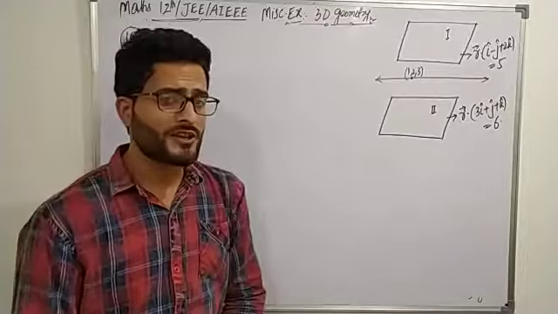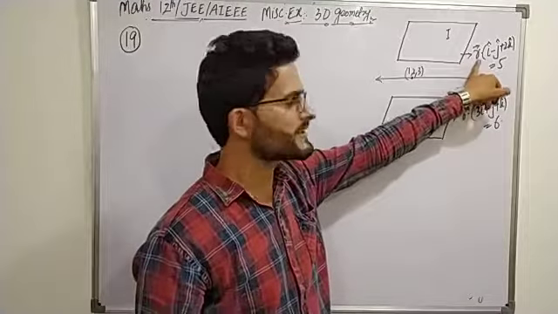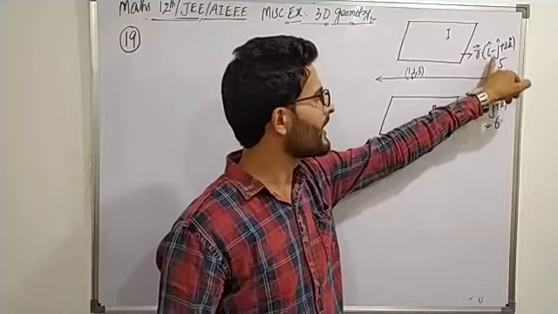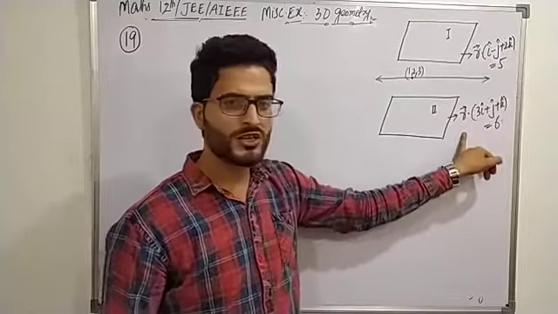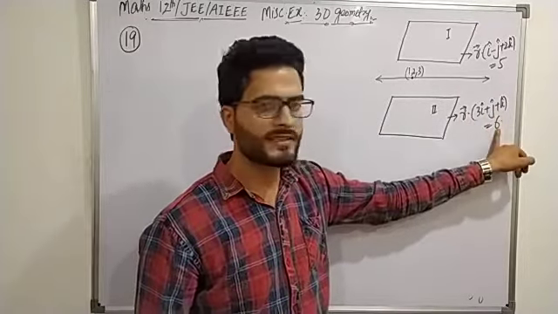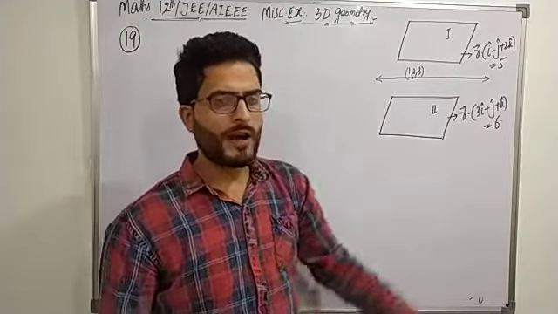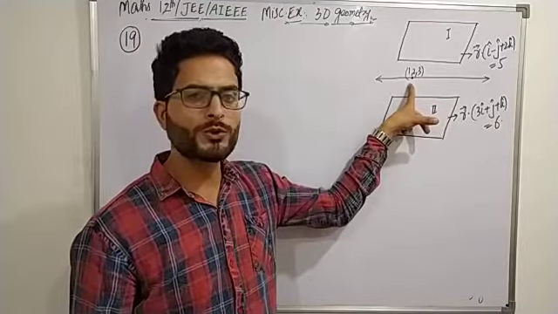Now we are again on that miscellaneous exercise, on question number 19. In that question we have two planes whose vector equations are: the first plane is r dot (i minus j plus 2k) equal to 5, and the equation of the second plane is r dot (3i plus j plus k) equal to 6. Then we have to find the equation of a line which is passing through the point (1, 2, 3) and